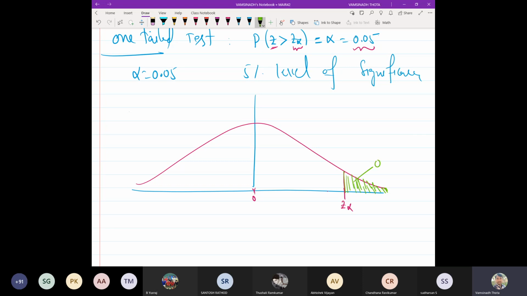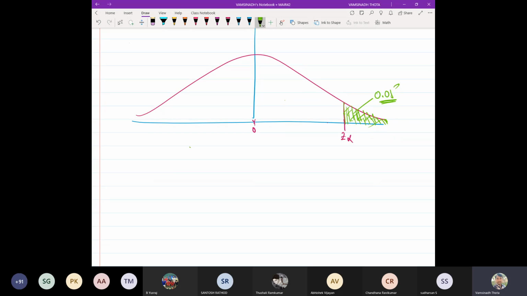This area, what we want, this area we want to be 0.05. Earlier, in the two-tailed test, we divided the 0.05 into two parts. Why? Because it is a two-tailed test. So together, this area and the left-hand side area should be 0.05. But now it is simply 0.05 on this side. So now, according to the table and our convenience, we need to